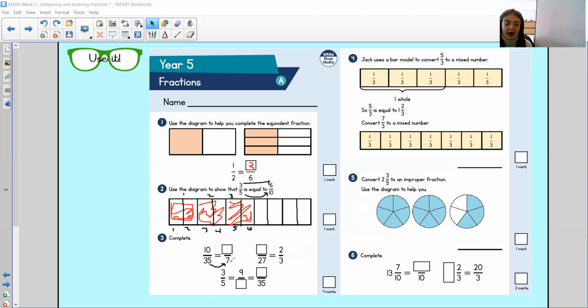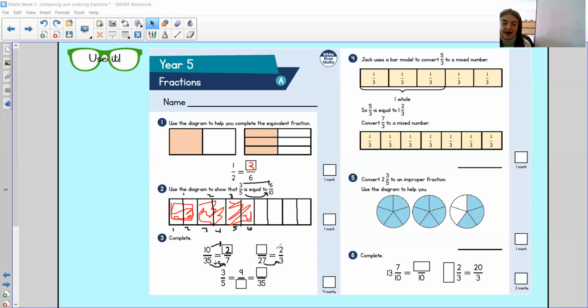So 35, what's happened to get from 35 to 7? I know my times table knowledge. I have divided that by 5. So whatever you do to the bottom, you have to do to the top to get an equivalent fraction. So that would be 2. This one here, what's happened? I've divided by